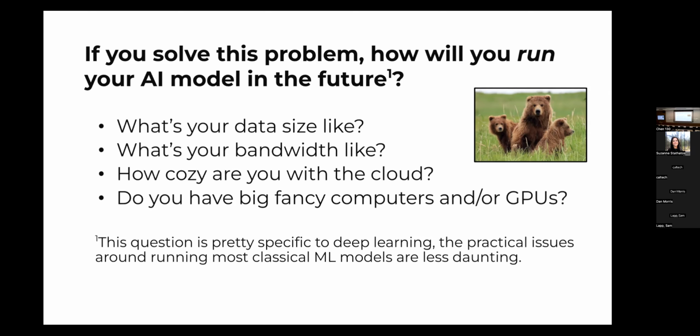Although I have to say, I'm thinking about this in real time, even since I made this deck a couple years ago, this slide is increasingly not as relevant. GPUs are so much more widely available than they were even 2 years ago. You can't buy a mid-range PC from Dell now without a GPU. And the basic command line and Python literacy of ecologists has gone up so much in the last 2 to 3 years that this is really not a deal breaker in almost any case that I've seen. If you can get an AI model trained and it really solves a useful problem, this is an important mechanical question, but it doesn't really factor into whether AI is worth it in 2023.